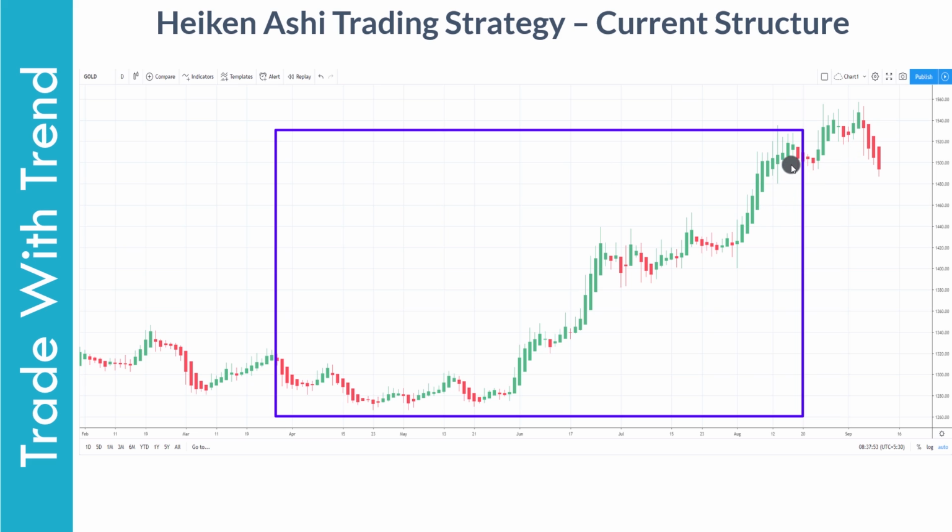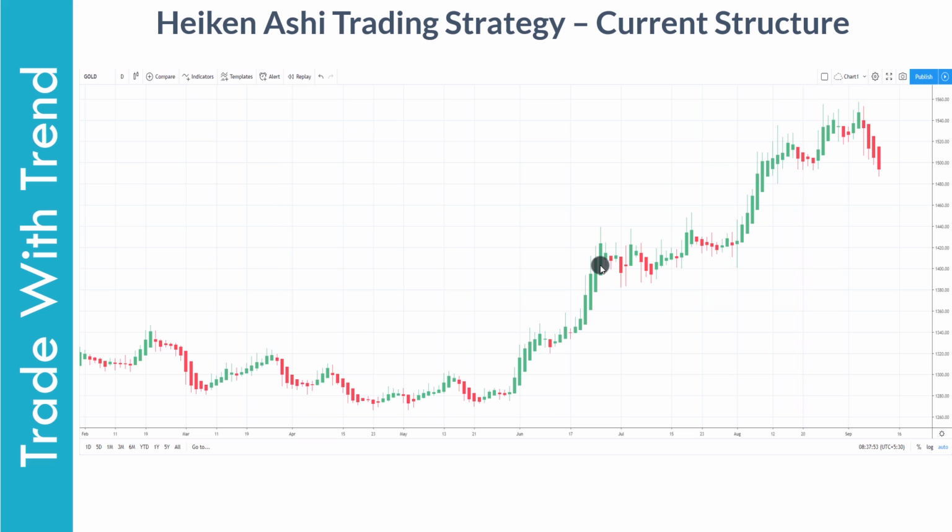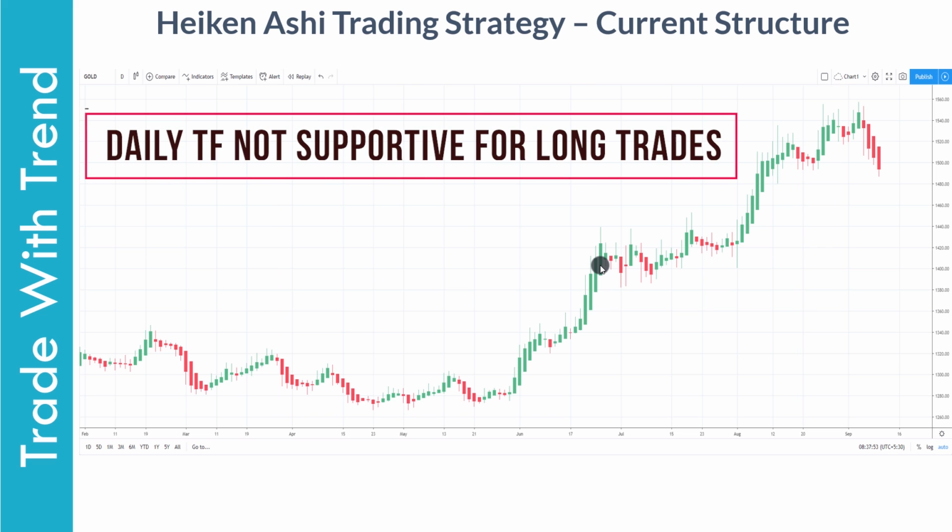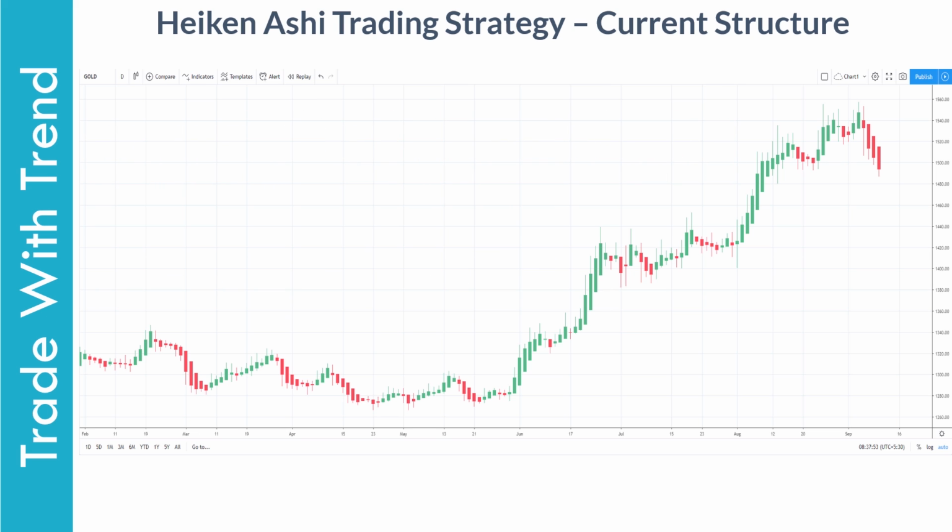Prior to this, all these candles that you see here were not initiation candles and offered good opportunity to go long in gold. So in the current context, I will not be referring to 60-minute chart for taking long trades in this instrument. So for a fresh long trade here, I will now wait for initiation demand candles and only then I will look to take a long trade in gold.